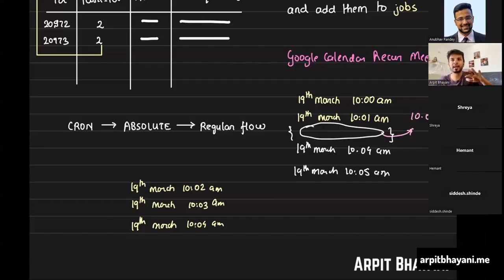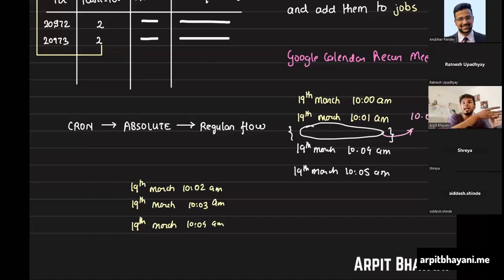So typically, I believe calendar apps would be working in terms of period. Let's say at max, I would be scheduling things for the next 3 months, not more than that. But if you have an event which is per year, it would still create 20 events for that, something around it, so that you still see the per-year entries in Google Calendar. So a combination of these two would be applied. That's what I feel. Right? Okay, Anubhav?